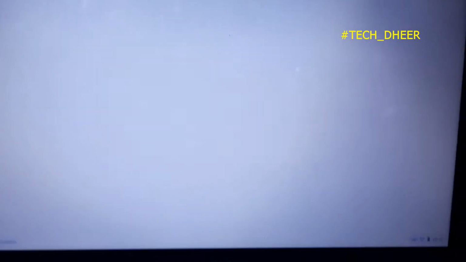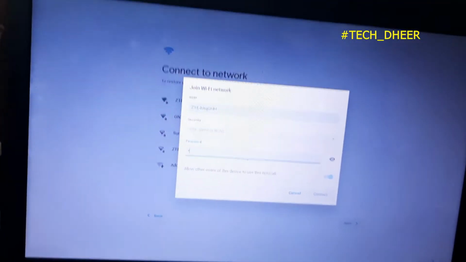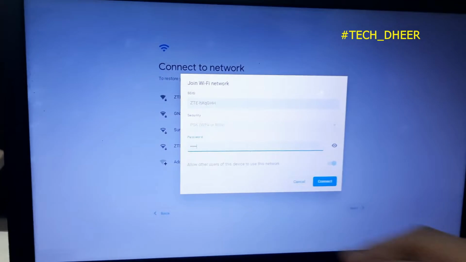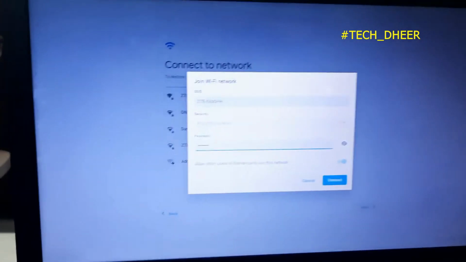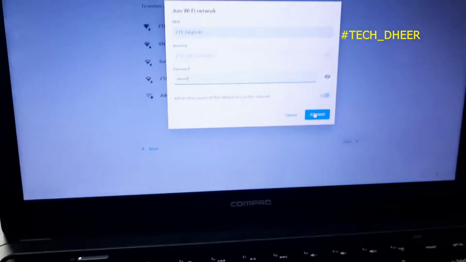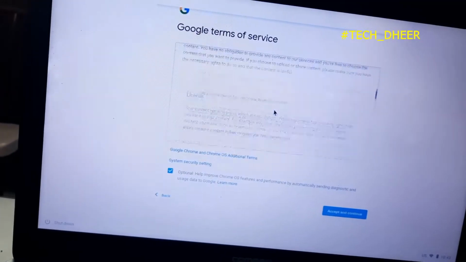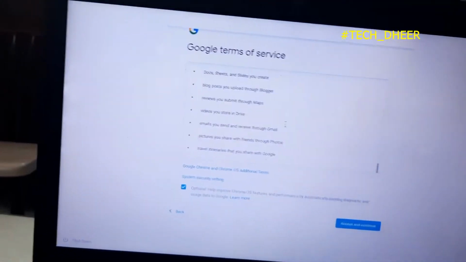So now it's the simple sign-in process. Since my PC is very old, it can take some time, but it's asking me to connect to the Wi-Fi network, so I'll just connect. Okay, let's connect. Over here it is showing accept and continue.